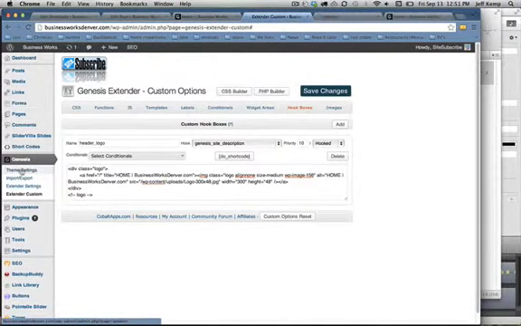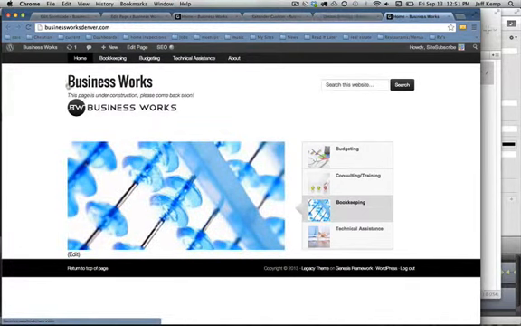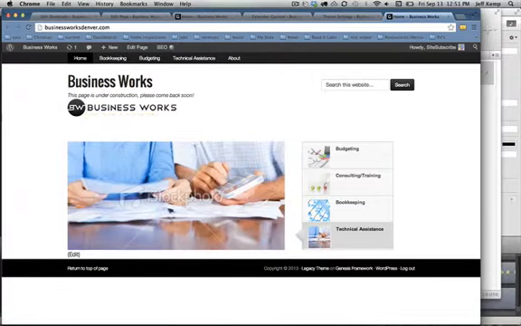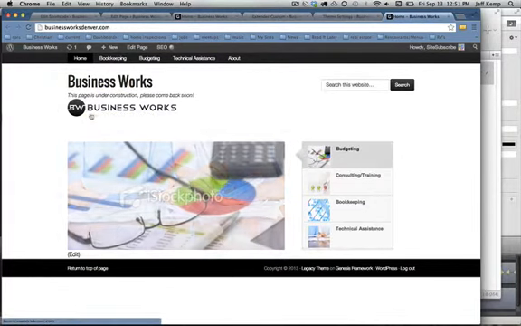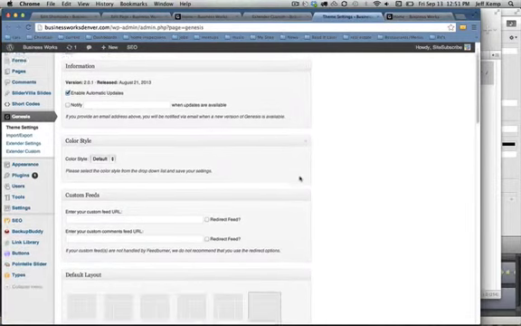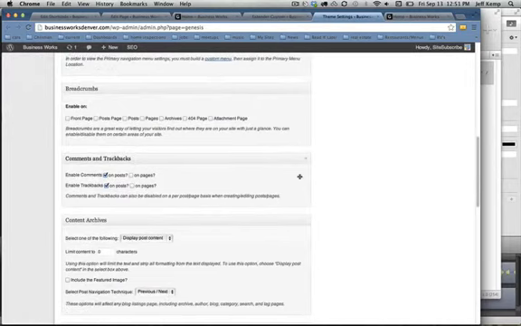Let's select that. In our case, I want to get rid of the text here. I don't want the text or the title of the site. I just want the logo. And then I want the tagline to be underneath the logo. So I'm actually in the theme settings now, and I'm going to scroll down to